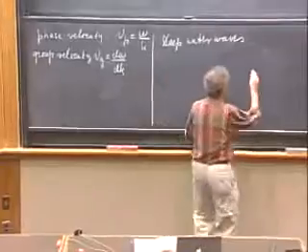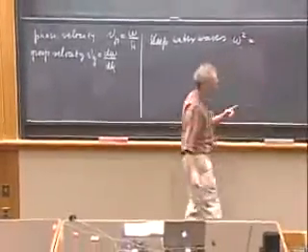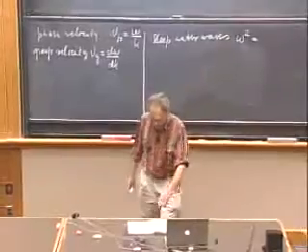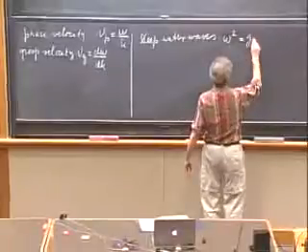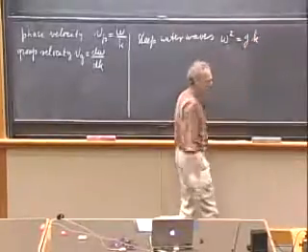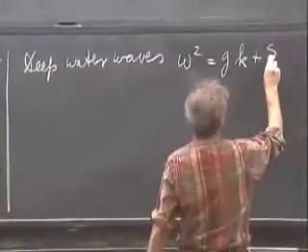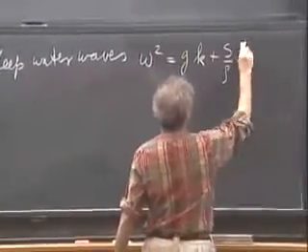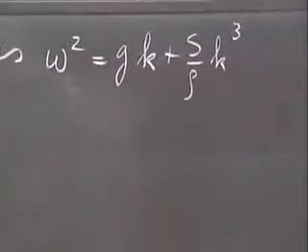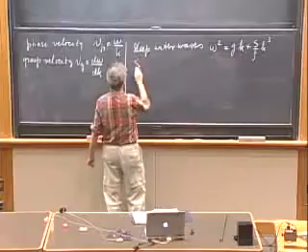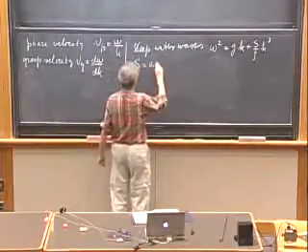The dispersion relation, which I will not derive, I didn't derive it either for the string: omega squared equals gk, where g is just the gravitational acceleration, plus S divided by rho times k to the power 3, and S is the surface tension,